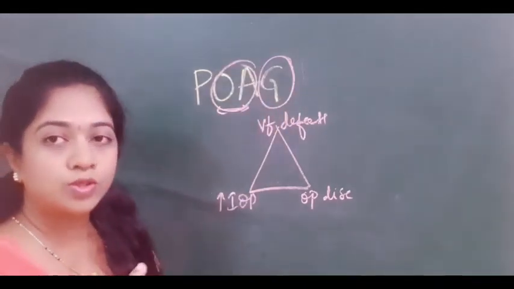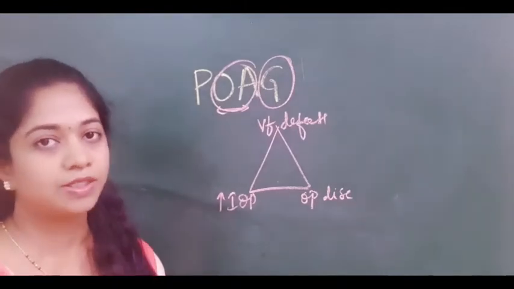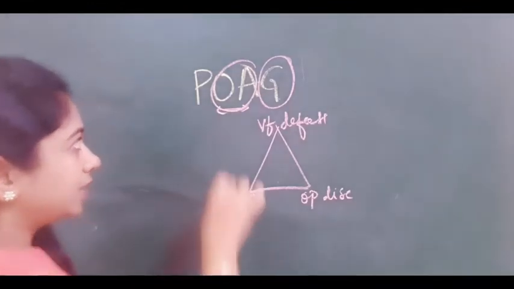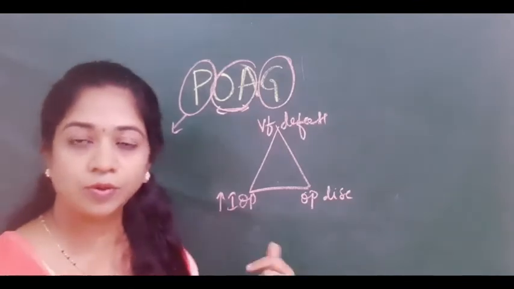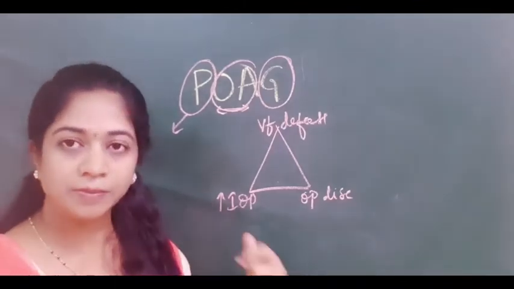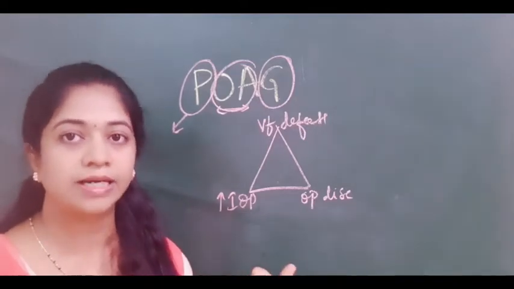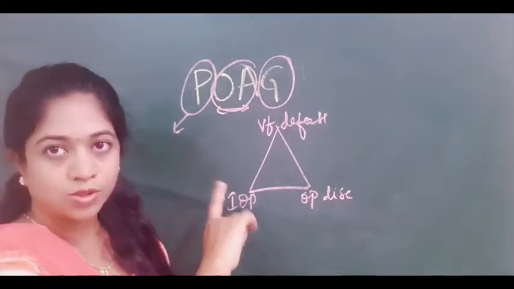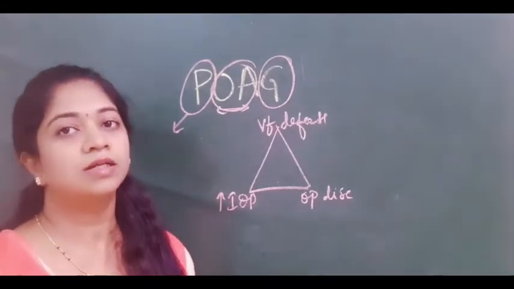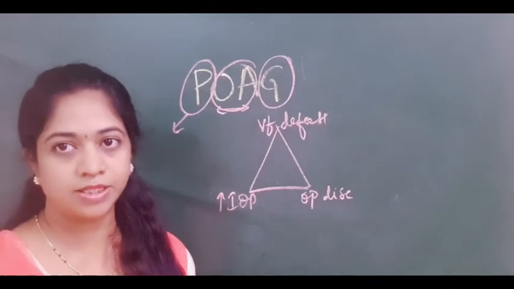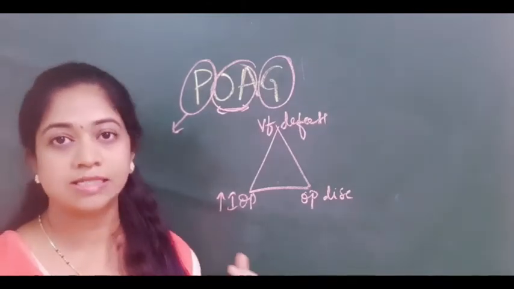So coming to the next word, that is open angle. Whenever you do gonioscopic examination, these patients will have open angle, means the trabecular meshwork is seen in all the quadrants. Then coming to the word primary. As I have told in my previous videos, primary means there is no other ocular or systemic conditions which are favoring the raised intraocular pressure. So to summarize, primary open angle glaucoma patients will have raised intraocular pressure, optic disc changes and visual field changes along with open angles, and there is no predisposing ocular or systemic features.